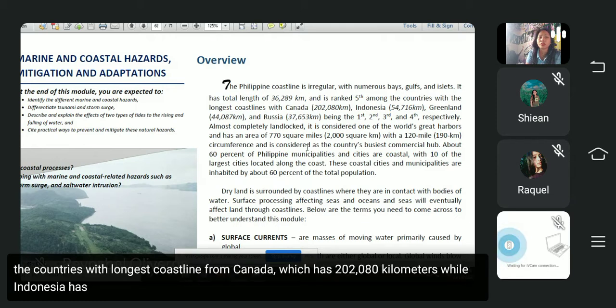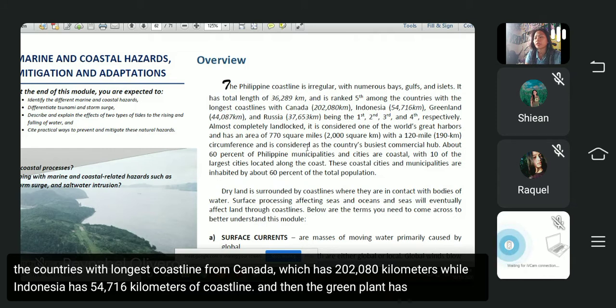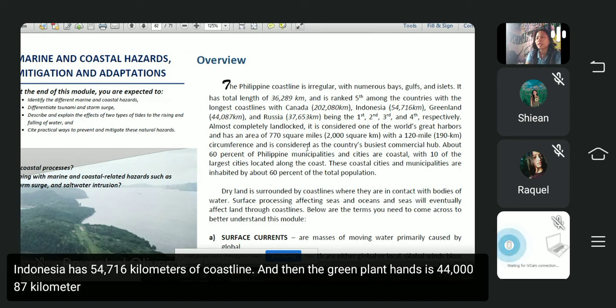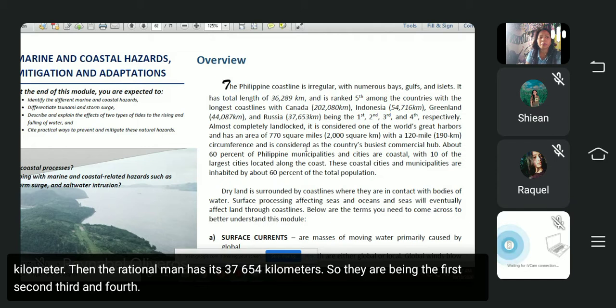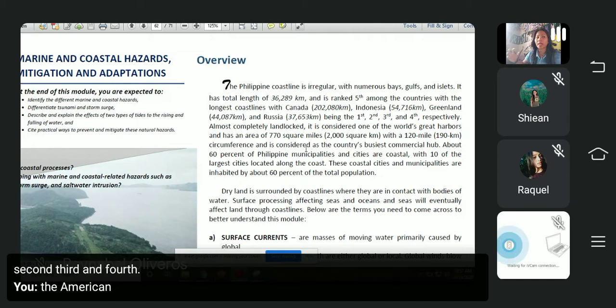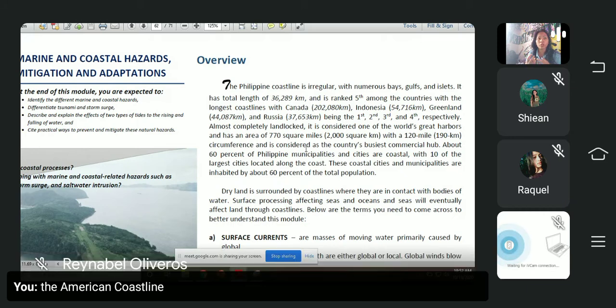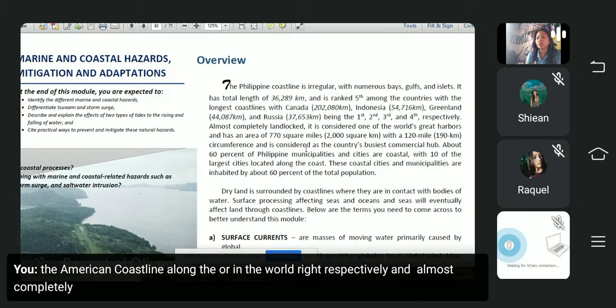54,716 kilometers of coastline, and then Greenland has 44,087 kilometers. Then Russia has 37,654 kilometers. So they are the first, second, third, and fourth with the longest coastline in the world, okay, respectively. And almost completely landlocked, it is considered as one of the world's great